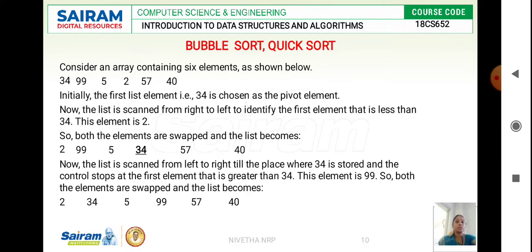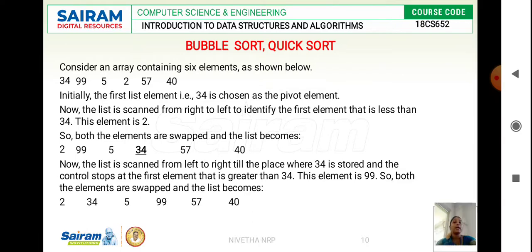Here the pivot element is 34, so we start scanning. Okay, 42 is greater than your pivot element, so we are placing it to the right. Next, 57 is also greater than your pivot element, so we are placing that too.